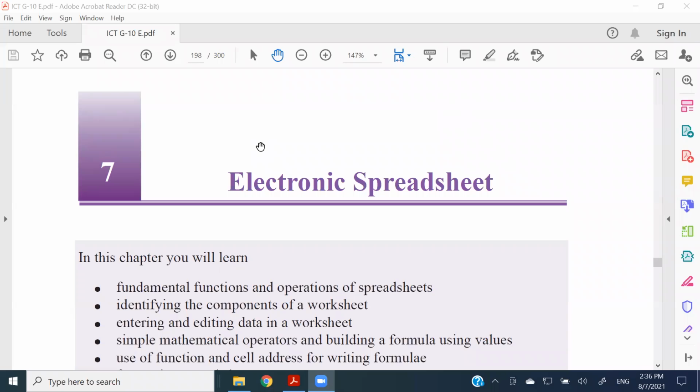All right, so it's the electronic spreadsheet that we need to learn today, right? So far we have learned about one particular software, the word processing software, which gives us the ability of documentation, right? How to do documentation using mail merge and formatting and all these things. Now, when it comes to the electronic spreadsheet, this also contains